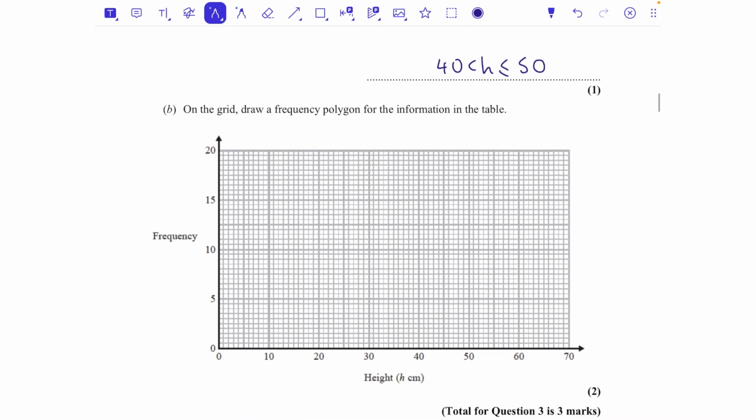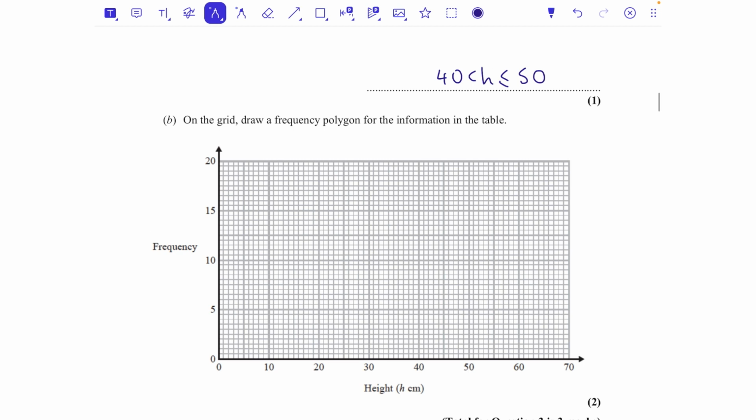On the grid below, draw a frequency polygon. So a lot of you, if you've watched a lot of my stuff, will hear me talk about Polly the shark. Normally frequency polygons kind of make that shape. I always think they look a bit like a shark fin. And we remember that Polly the shark lives in the middle of the ocean. And that's going to hopefully help you to remember to do a graph that looks a little bit like this